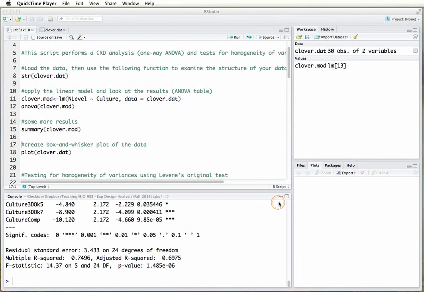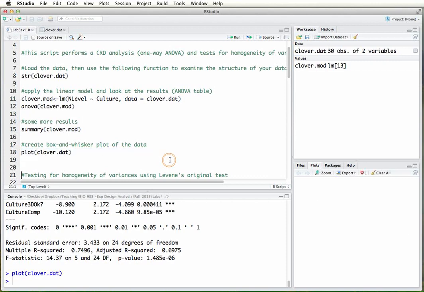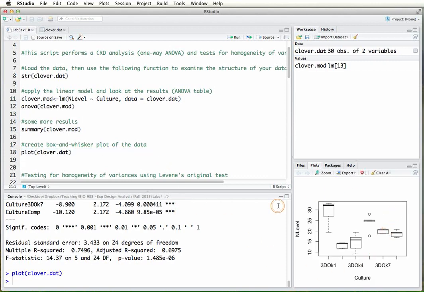Okay, so picking up where we left off last time, I realized when I stopped the video last time that I forgot to run this last line about plotting the data. We can create a very simple box and whisker plot of this data just by using this plot function for the clover.dat. So I'm going to run that, and you see immediately it shows up over here in the plot